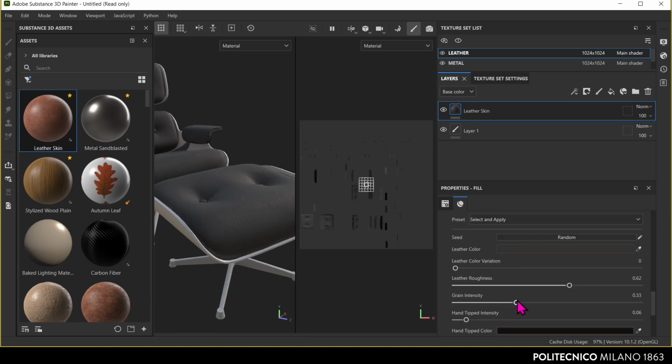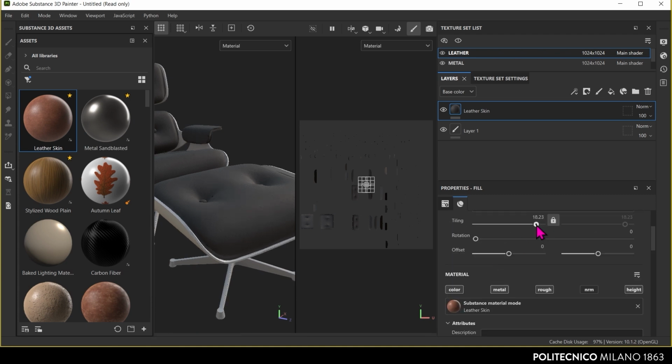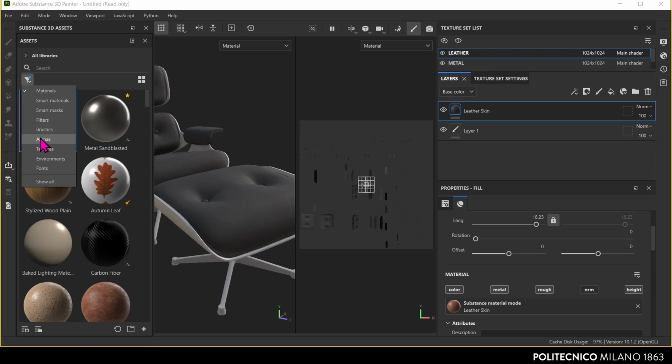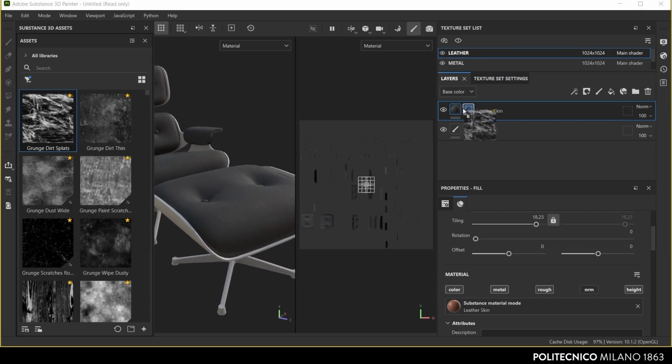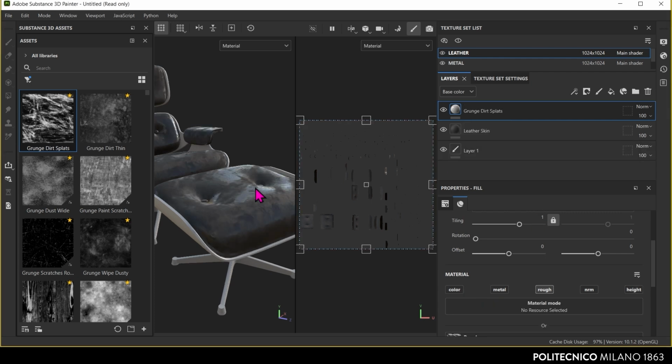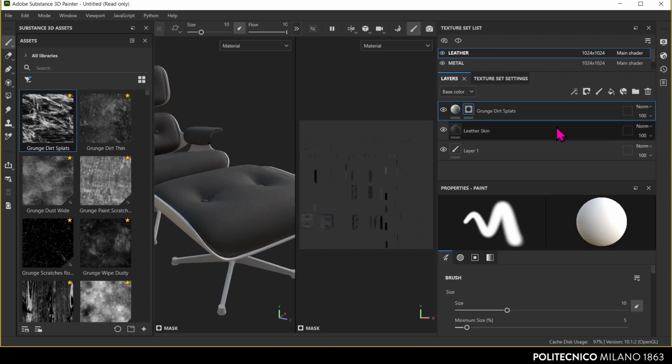The next step is to create the leather's glossy effect. In Substance Painter, we create masks to apply different effects to specific areas of the object. Select a texture from the library to create an irregular effect and then add it to the layer panel. Next, create a black mask for the texture and, using the brush tool, paint and modify the object, applying the glossy effect only to certain areas. This technique gives us greater control and precision in achieving the desired look.